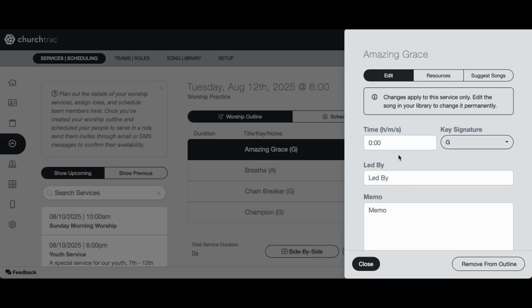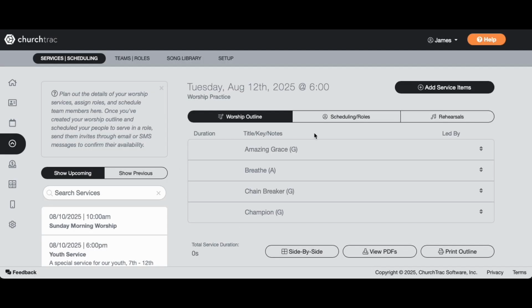This is also good if you know how long the song is going to take. It helps with planning for the service itself, right? So that would be if you want to add songs in here, and whoever's leading it will appear off to the side. And then